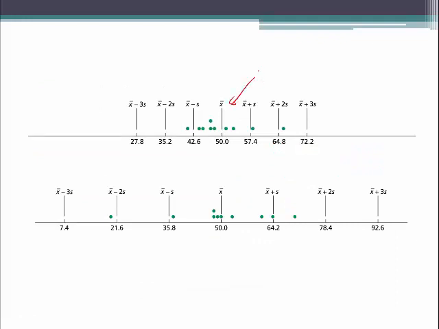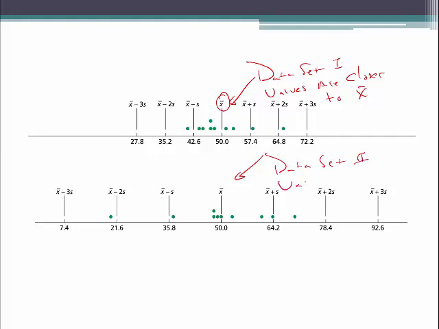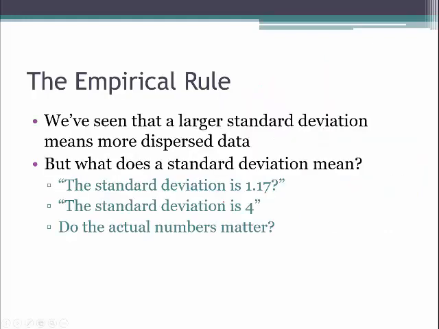data set 1, values are close together, or closer to the mean, okay? But if you look at data set 2, the dot plot of that, values are more spread out from the mean. Okay, and that's okay. When the data set's more spread out, it's just going to have a higher standard deviation. All right, so,